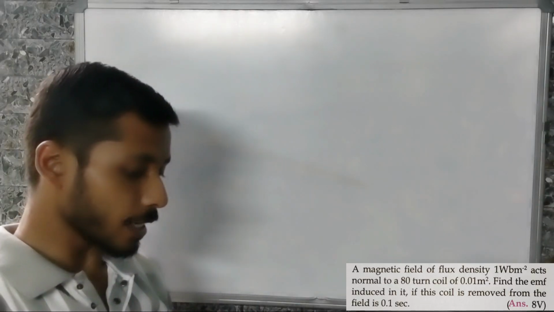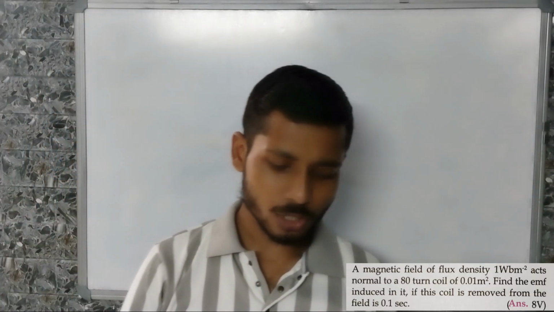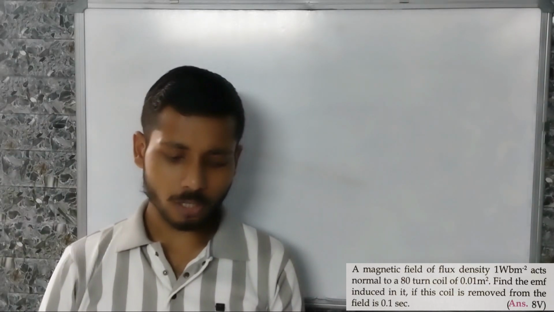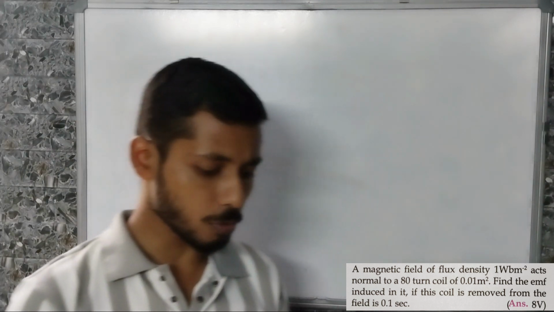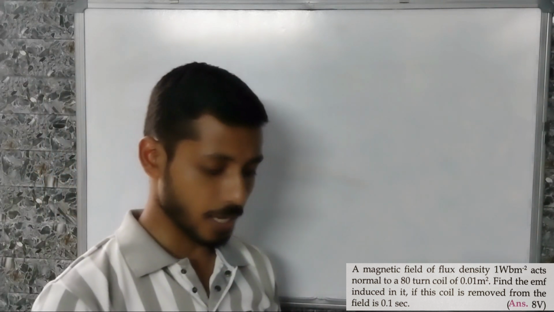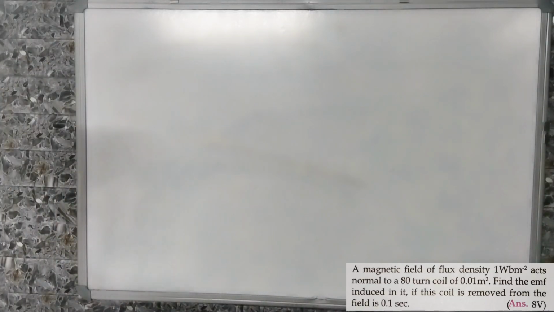next question ହଉଛି a magnetic field of flux density 1 Weber per meter square acts normal to a 80 turn coil of 0.01 meter square. Find the EMF induced in it if this coil is removed from the field of 0.1 second. ठीक है। तो here given